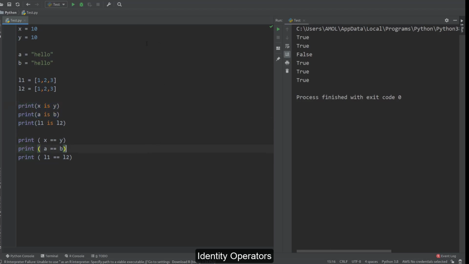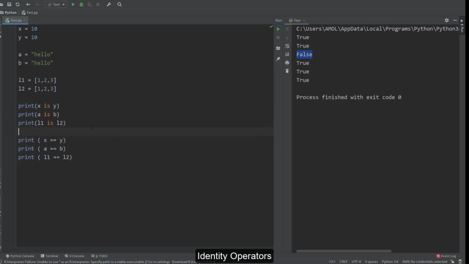So what it means is that if you compare all these variables by value, they are the same. That's why the relational equal to operator returns true in all three cases. But if you compare in terms of the id of all these six variables, the first two remain the same, the next two remain the same, but in case of list, L1 has a different id value, L2 has a different id value, so that's why L1 is L2 returns false.